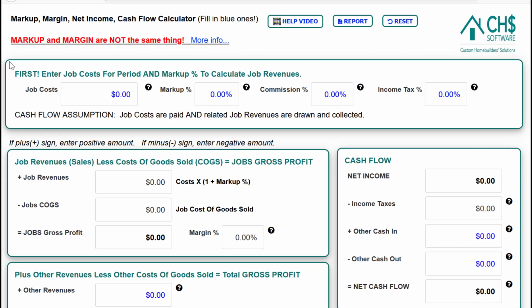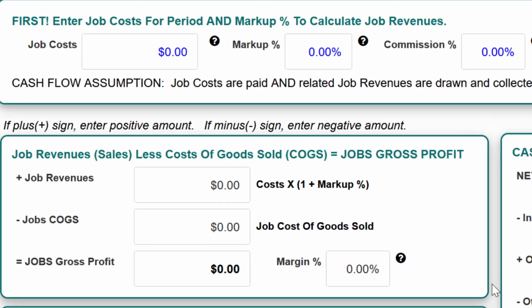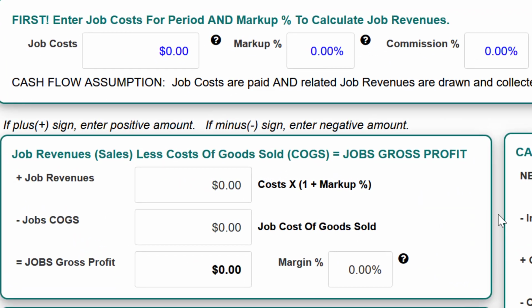So we're going to start with just this top part and just focus on it before we get to the rest of the things that determine whether or not your gross profit is high enough to cover the other expenses of your construction business and what you'd like to take out. So for job costs, at CHS, we have builders that build dozens of homes a year, or one home a year, or two homes a year, etc. But to keep it simple, let's just play like in this year